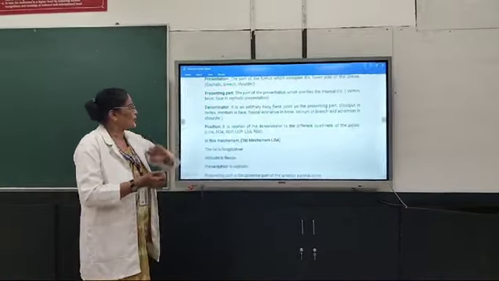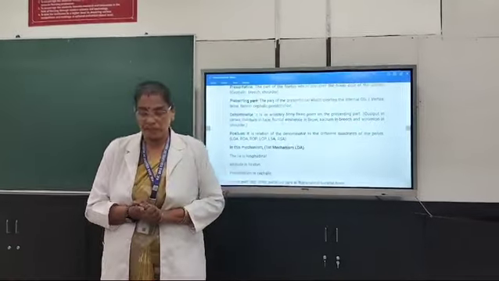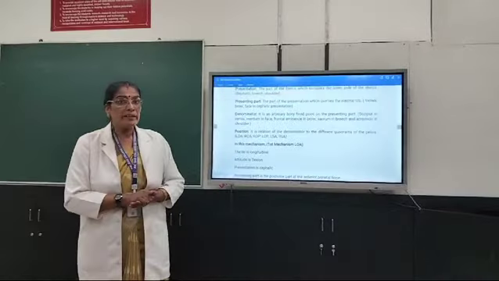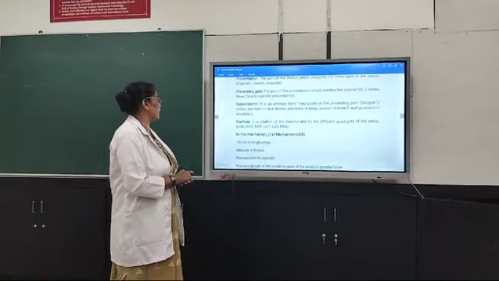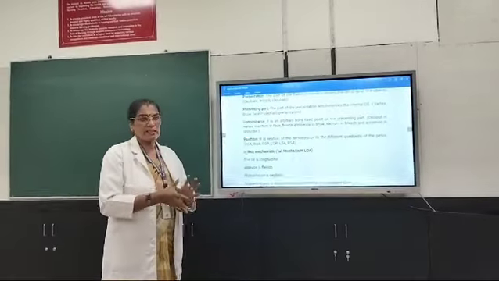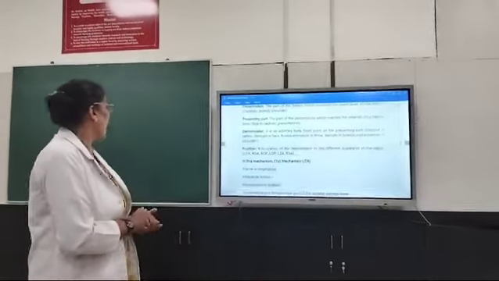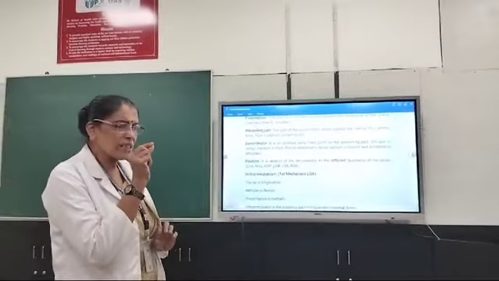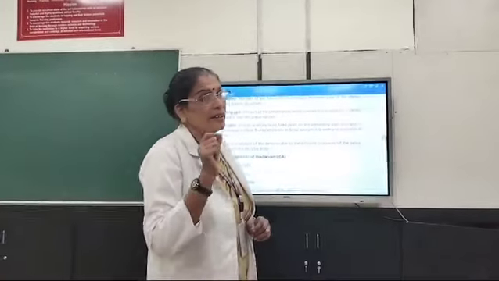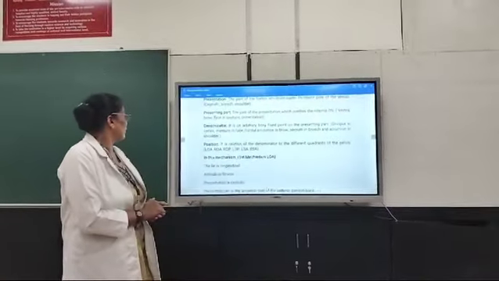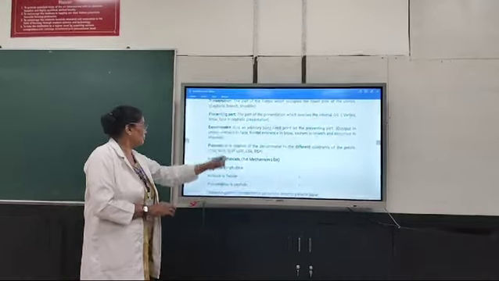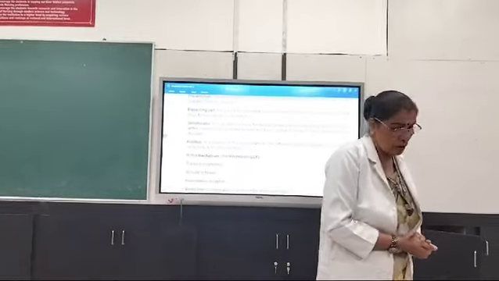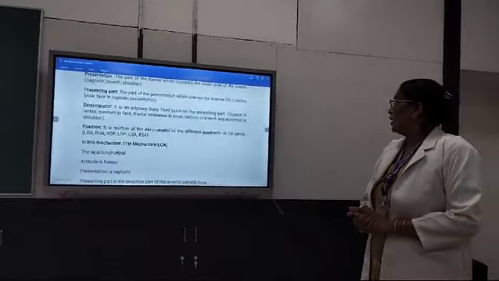Next is the presenting part. The part of the presentation which overlies the internal os in the cervix. Exactly which part is touching the internal os is known as the presenting part. Like if it is cephalic, then it will be the vertex, and if it is brow or face in the cephalic presentation. That is, whichever particular part is touching the internal os of the cervix. Next is the denominator. It is an arbitrary bony fixed point of the presenting part, that we can say